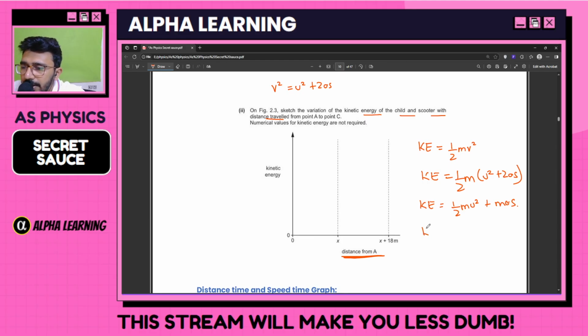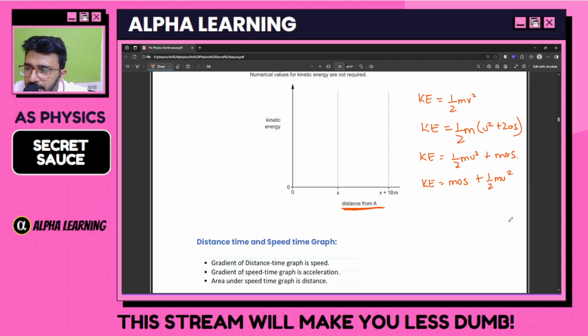Kinetic energy is equals to mas plus 1 upon 2 mu square. Can you realize kinetic energy is being plotted on the y-axis? What is being plotted on the x-axis? Distance x. This is your gradient. This is your y-intercept. So basically you will be starting with a positive y-intercept and you will have a straight